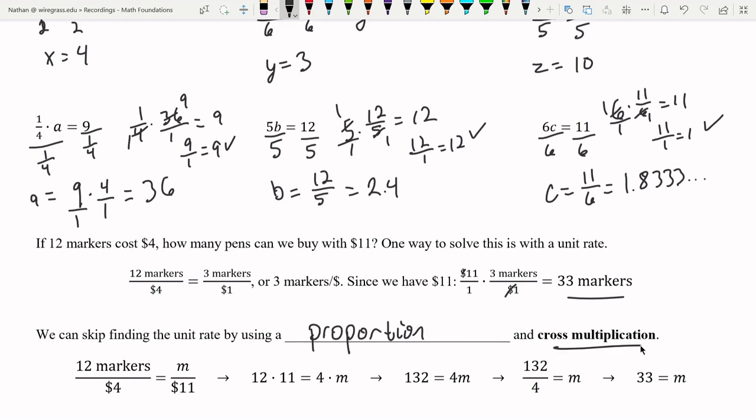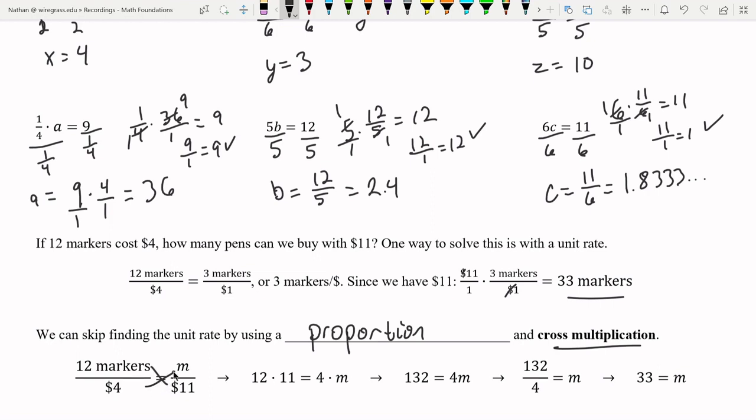And then we can solve the proportion by cross multiplication. When we have a proportion that we're going to use to solve for an unknown quantity, we're going to use a variable for that unknown quantity, and we're going to use a method called cross multiplication to solve the proportion. It's quite simple. All you've got to do is set up the proportion, and then we're going to go